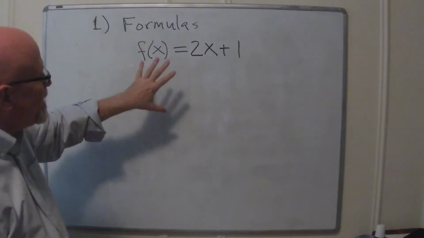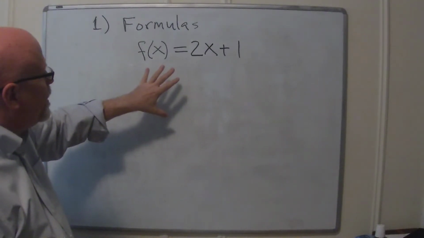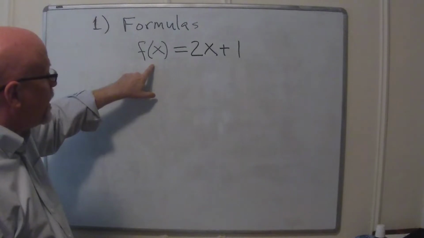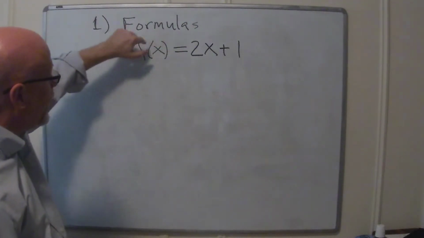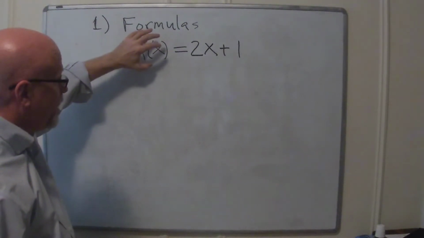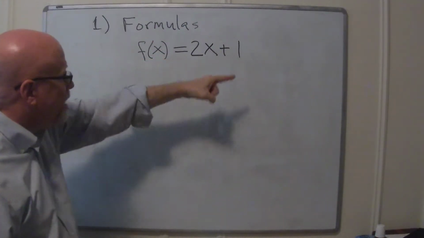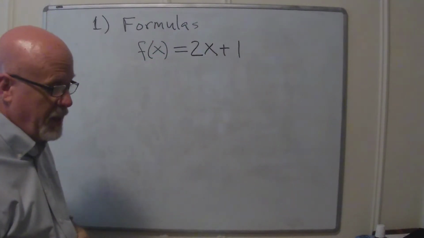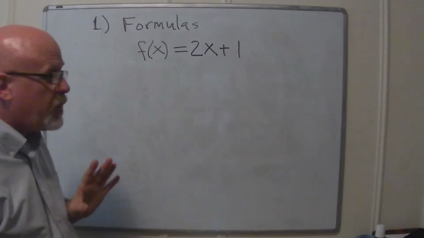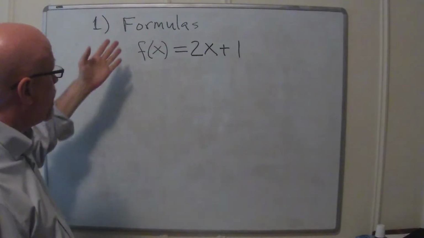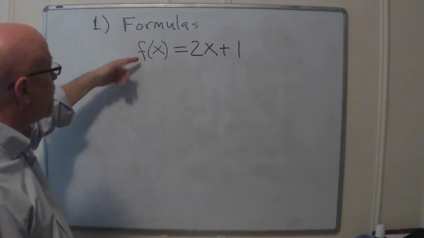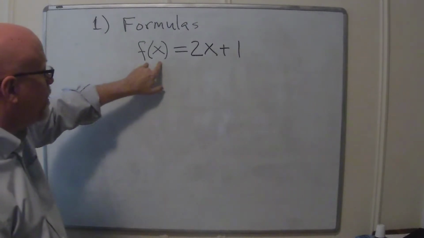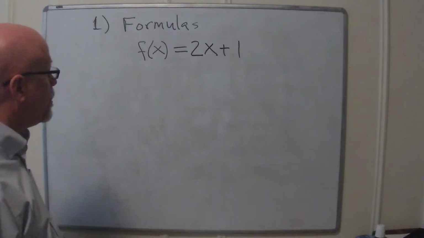Basically, this thing is solved for the expression f of x. If you thought of that as y, we've got it solved for y. There's an output on this side and then some formula on the other side. There are expressions that are not formulas, or that are not functions, but they don't look like this. They don't look like f of x equals and then some kind of formula.